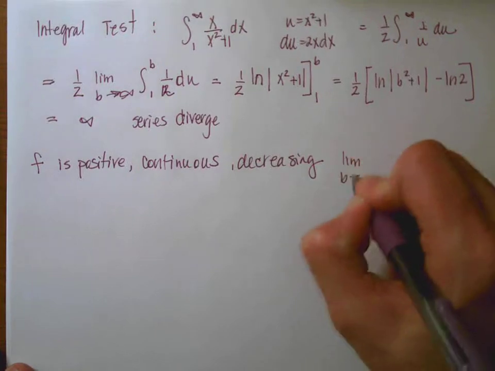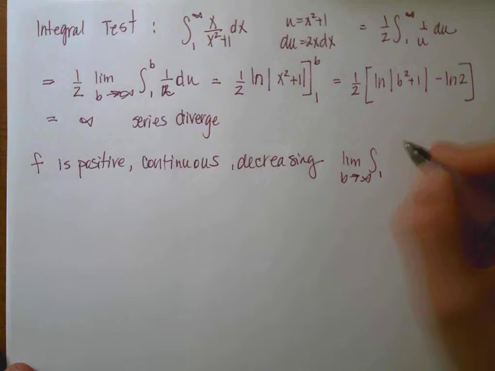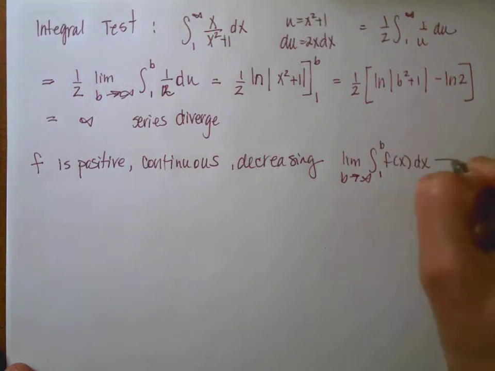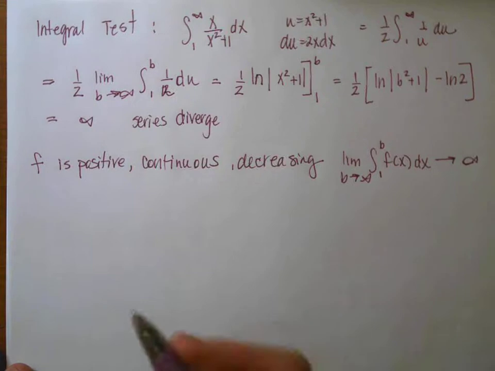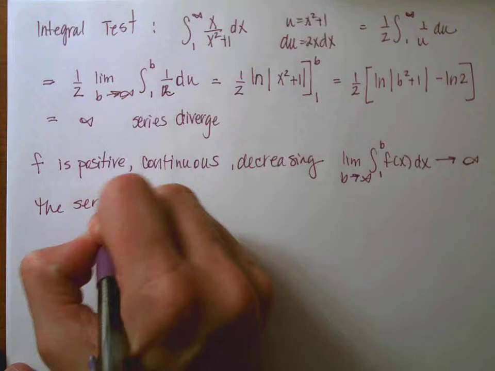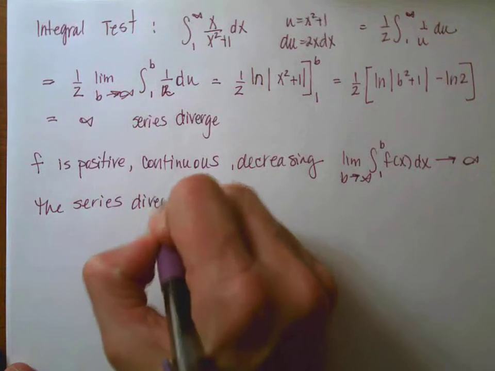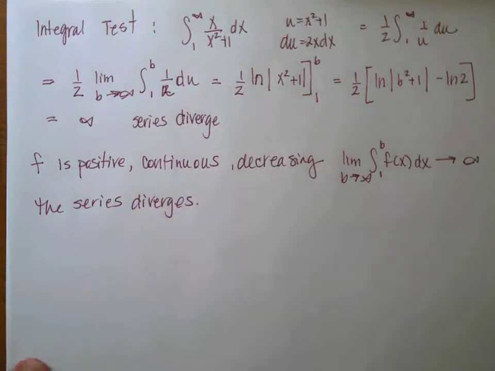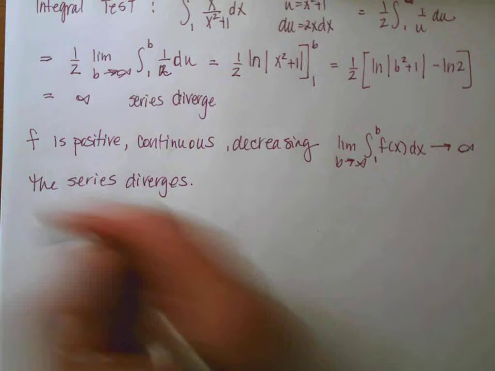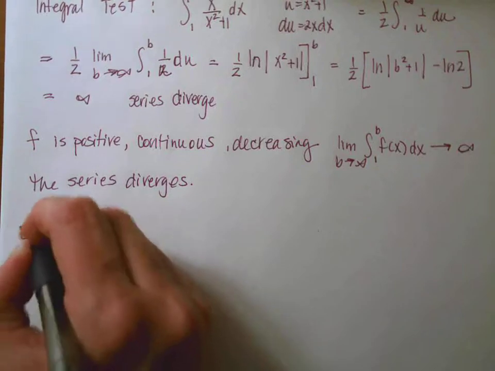And when we took our limit, the limit as b approaches infinity of the integral from 1 to b of f of x dx approached infinity. Therefore, the series diverges. Whew, that was a lot of writing. Okay, I have one more example, and then I'm sure we will get to do a lot of these fun